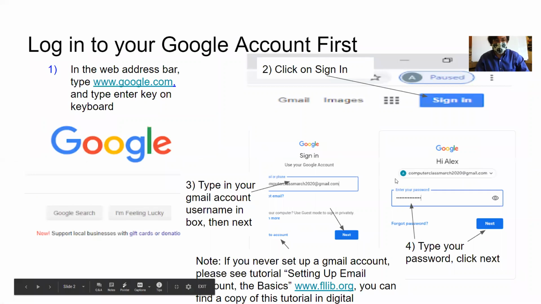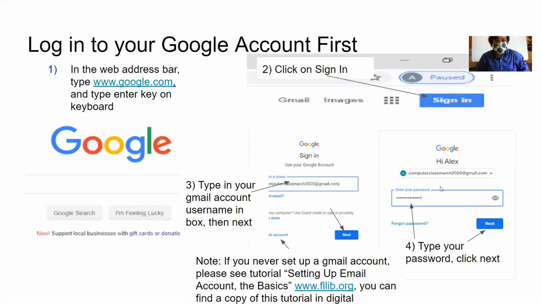Okay, so intro to Google Sheets. The first thing you need to do in Google Sheets is log into your Google account first. In the web address bar, whether it be Google Chrome or Firefox or Internet Edge, type in www.google.com. It'll take you to the Google homepage. At the Google homepage, you're going to click on Sign In. You're going to sign in with your Google account, so your Gmail account. You'll type that into the username section at gmail.com, and then type your password, and then